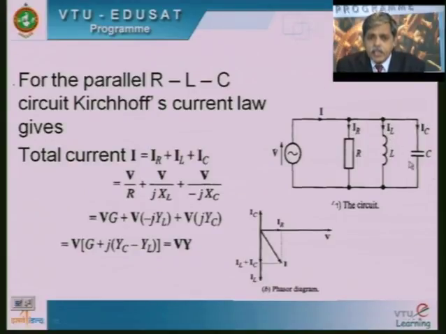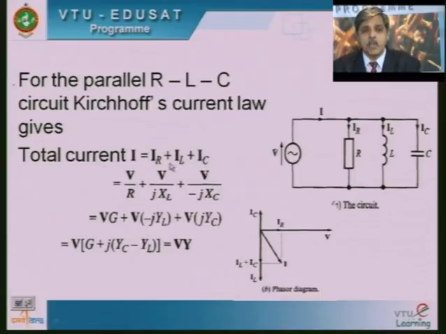And the capacitor is also connected across the same two terminals, therefore its voltage is also the same, V volts. Then the capacitive current IC is equal to V upon XC in magnitude. The minus J again represents the direction of the current in the capacitor with respect to the reference parameter V. Now IR plus IL plus IC is equal to the current given by the source.